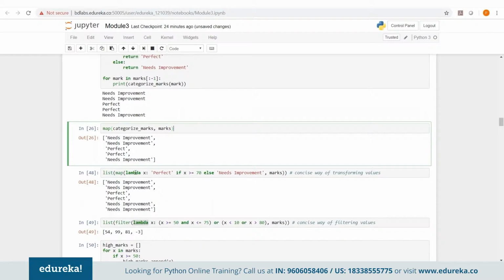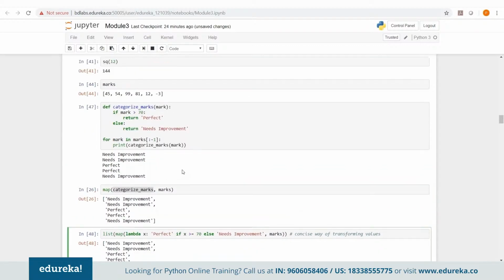So yeah, we use lambda function directly with map and list as the combination. But you can also supply a user defined function. So if your function is written in a way wherein it cannot be maintained in just one single if and else block, but rather it's a very complex function that takes value from a database and then there are multiple if else conditions, then you'll be better off defining that as a function, but you could still use map with